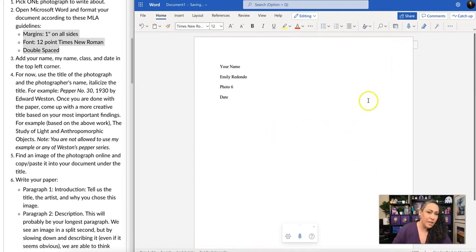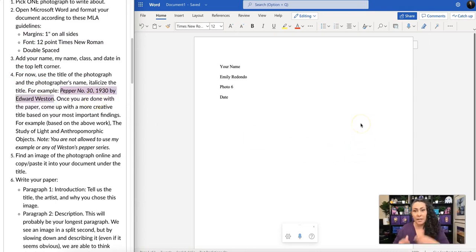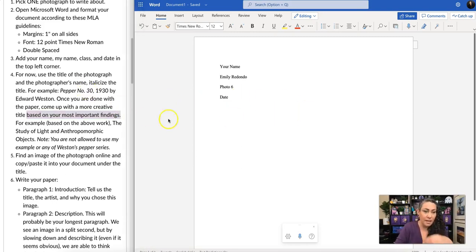All right, so next we need to go ahead and add a title. Now for now, you can just use the title of the actual piece. For my example, I'm doing Edward Weston's Pepper No. 30, but later on you're going to come back and you're going to write a little bit more of a creative or descriptive title based on your most important findings. So my title is going to start off as Pepper No. 30